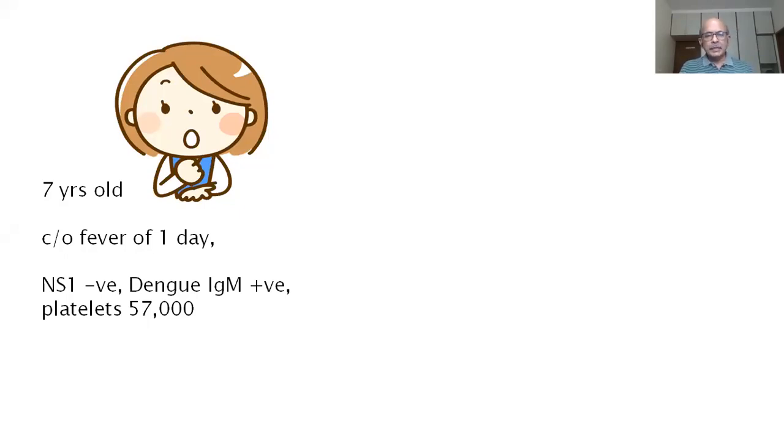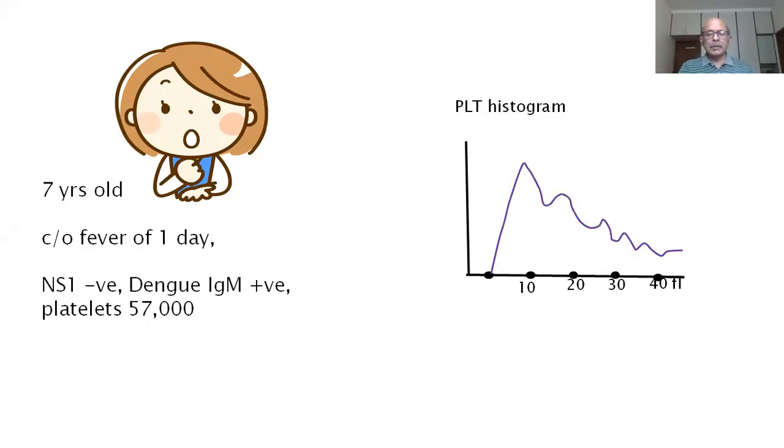My first suspicion that something was amiss was because the platelets were 57,000 on day 1 of dengue. Normally, we would expect thrombocytopenia beyond day 3, day 4 of the illness. So I thought that there was something wrong. I looked at the CBC histogram, and what do you find? This platelet histogram shows you, normally you will have platelets of predominantly one size. So you will have something like this, a platelet histogram.